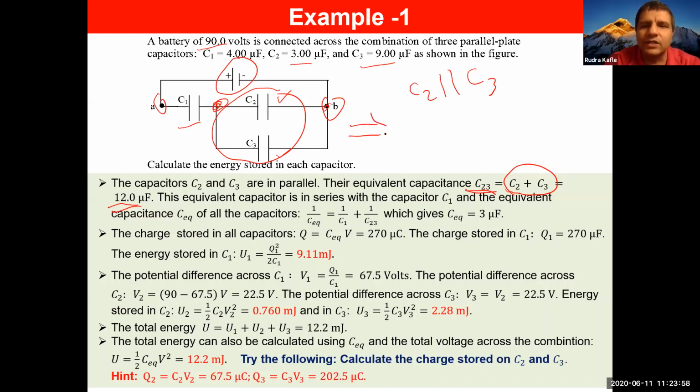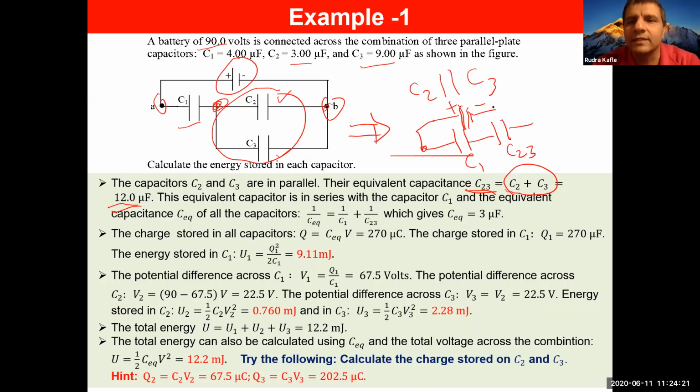By the way, you can draw that circuit to make things clear. So, for example, plus and minus, right? That is the point A, and then that is capacitor C1, okay, C1, and the equivalent capacitance C23 is this, right? So this is the point B. You can clearly see that now C1 and C23 are in series, because there is only one path between point A and point B.